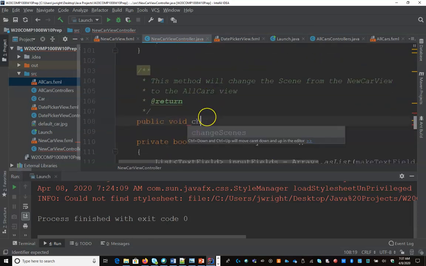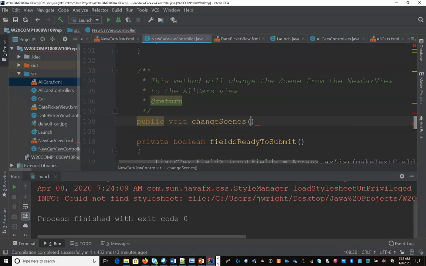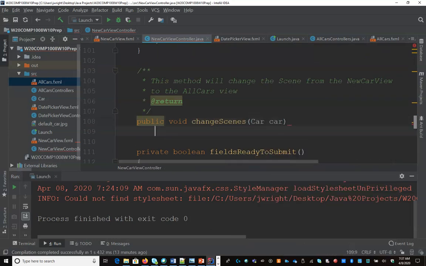So public void change scenes, and we'll pass in a car. Okay, so change the scene. To do that is going to look very familiar to the way we normally would load our first scene. So if we look at